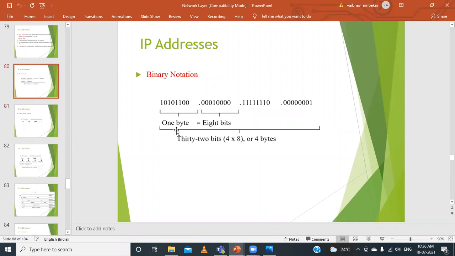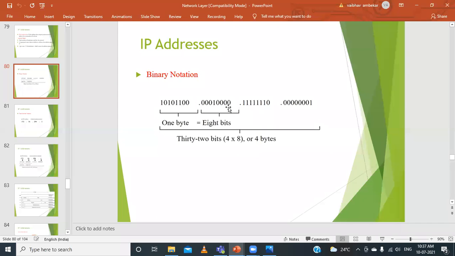When we say it can be represented with binary, what is the maximum value we can have? It is 2 raised to 0, 2 raised to 1 and so on. If you go on doing this, the maximum possible value is 255. Here we have 8 bits; if all the bits are set to 1, the value will be 255. That means for every octet we can have 256 combinations, starting from 0 to 255.